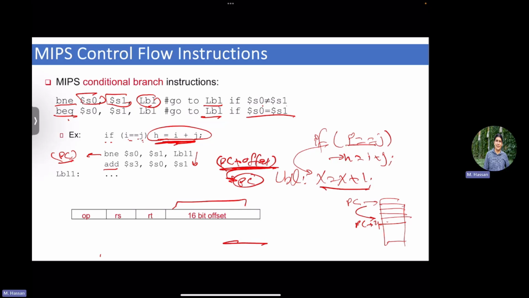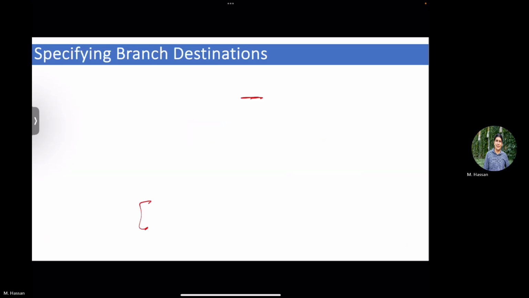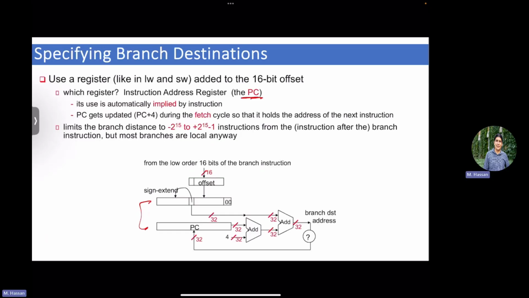Okay. If we say next instruction is plus 4, so you say program counter is equal program counter plus 4. If you say your current instruction is a branch and you are jumping, your new program counter will be the old one plus the offset. Okay. So in this circuit, I'm taking really the addition operation and simply adding it back to the program counter. Here I have a question mark,